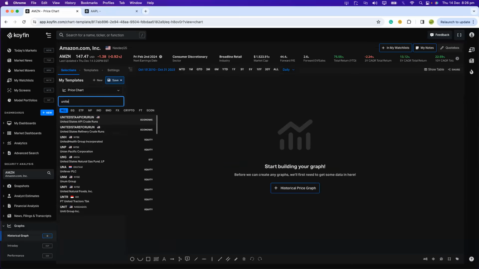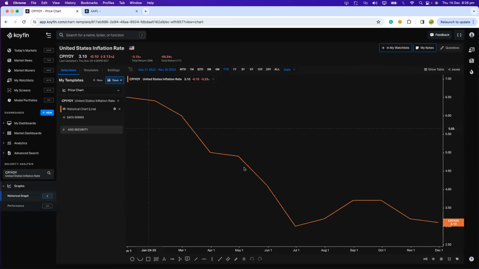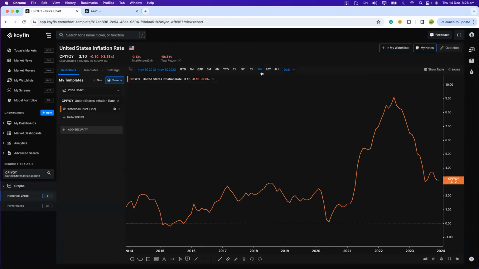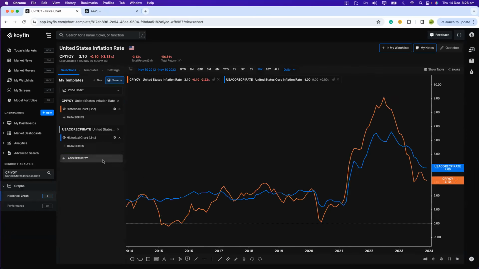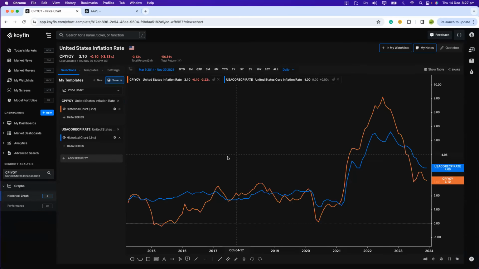If I'm interested in the United States inflation rate, I can pick that and pop it on the chart here, below over the last 10 years. If I want to then show the United States core inflation rate, I can pop that on the chart as well, or I can take a number of the G7 countries and compare the headline and core inflation rate over time. Pretty simply, we have a lot of macro data on the platform,